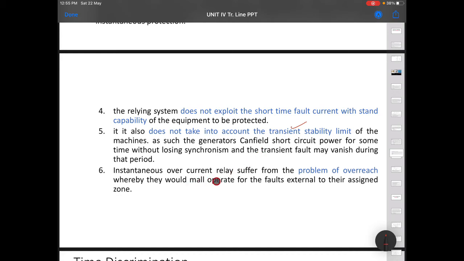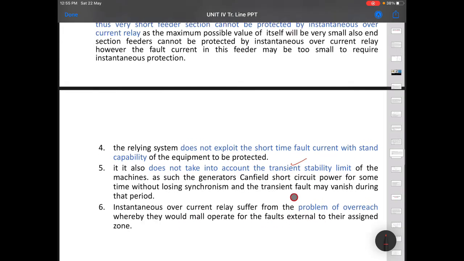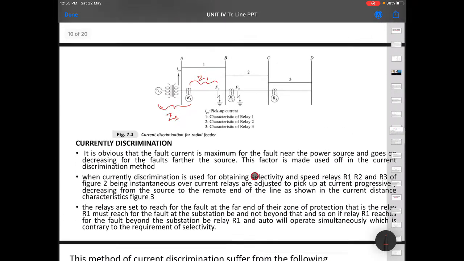And also there is an overreach problem. Instantaneous overcurrent relays suffer from the problem of overreach, whereby they would maloperate for faults external to their assigned zone. So they may overreach.